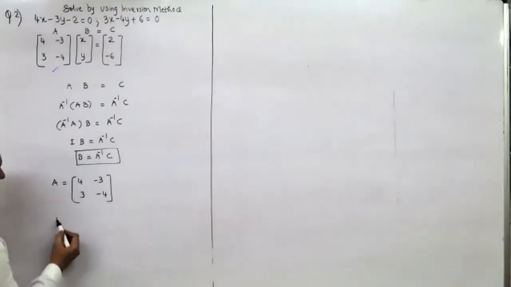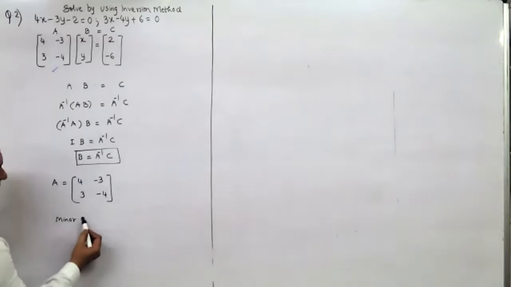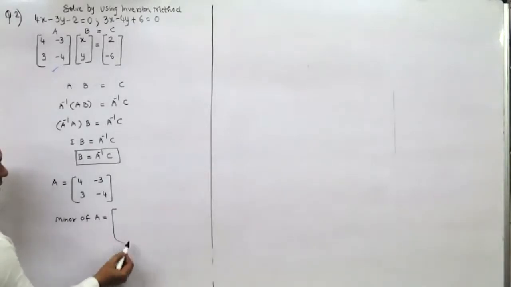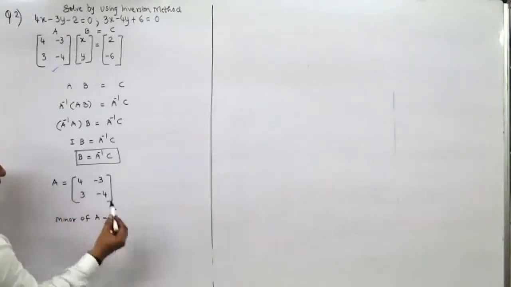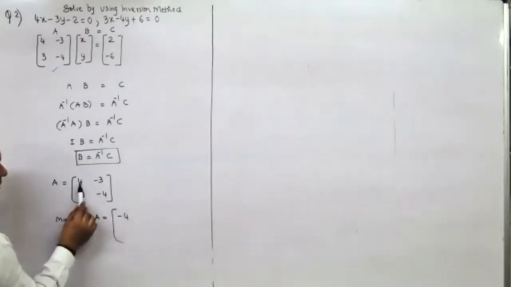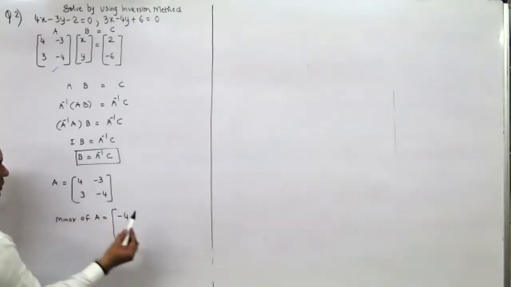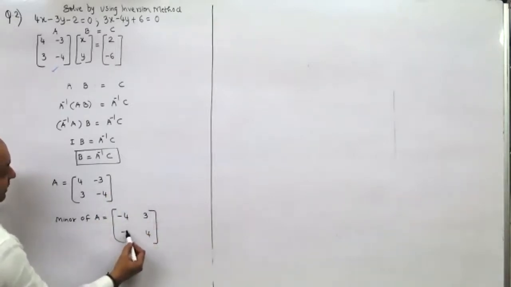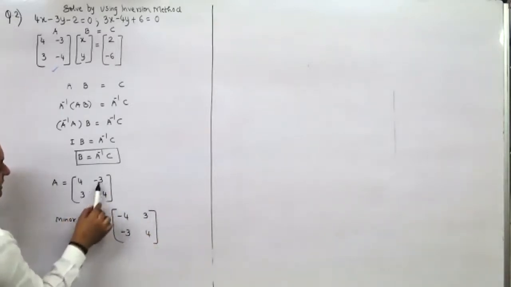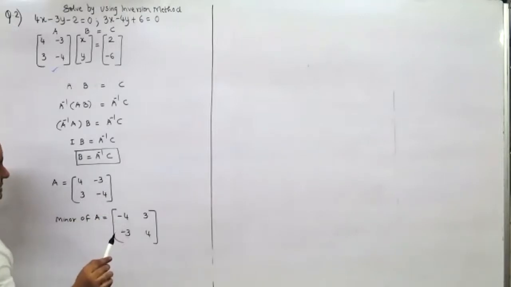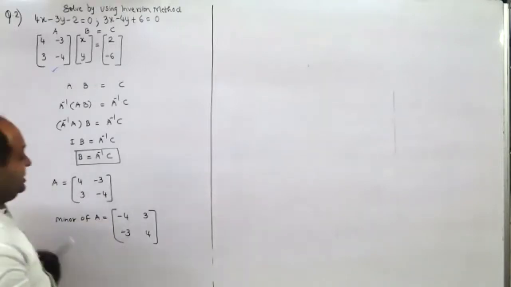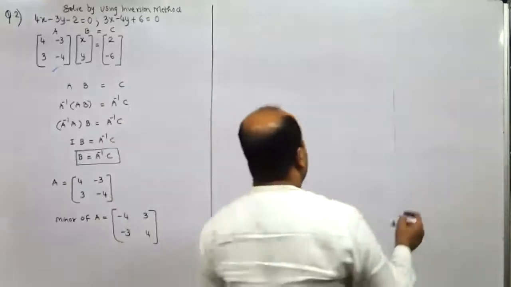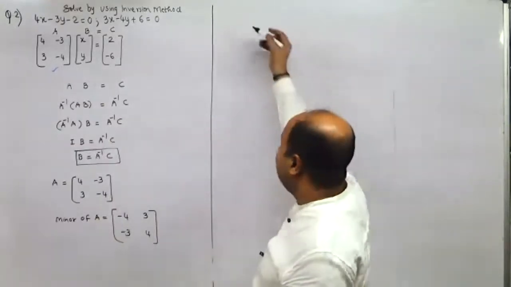What I'll do is first I'll find minor. How do I find minor of A? It would be cover the first row, first column. That means you're indirectly taking the opposite element. So minus 4 here. This would become 4. This would be minus 3 would become 3. This would be minus 3. First of all, this is minus 16 plus 9. So it is minus 7. Now I had told you a simple shortcut method to find A inverse. I'll come to that. First, this is minor of A.